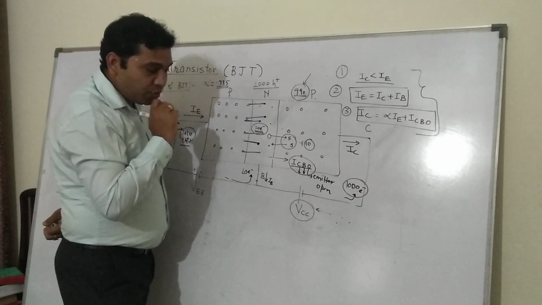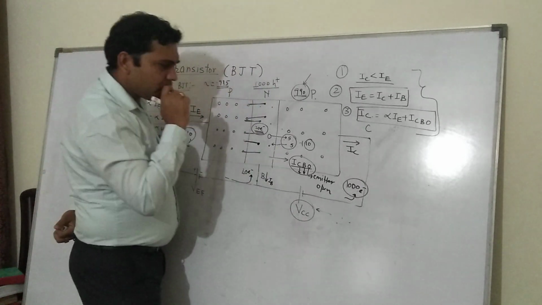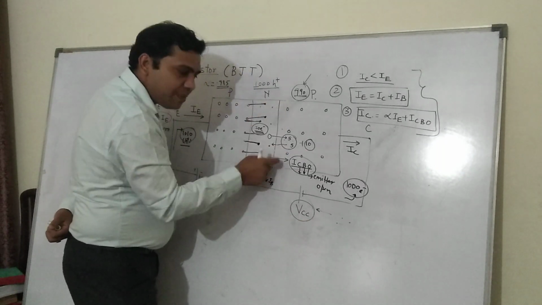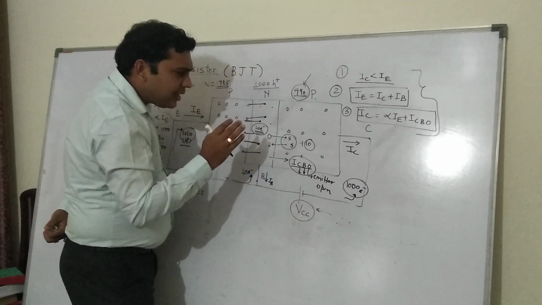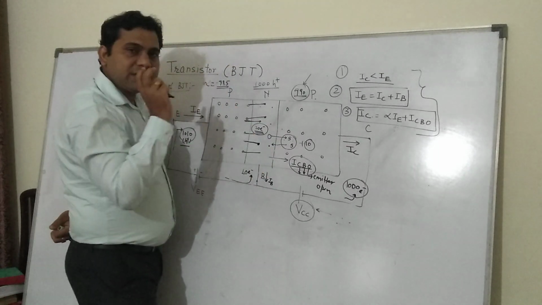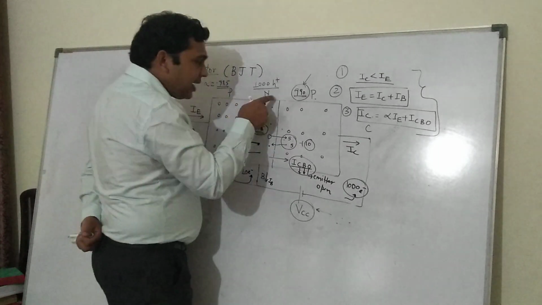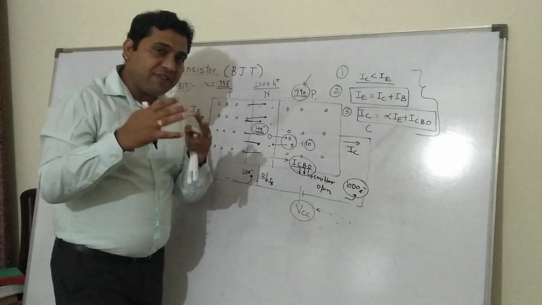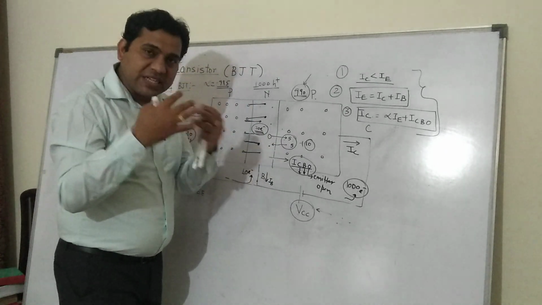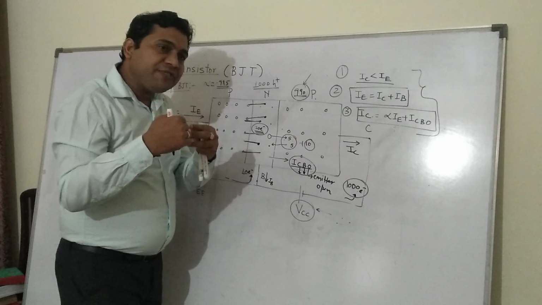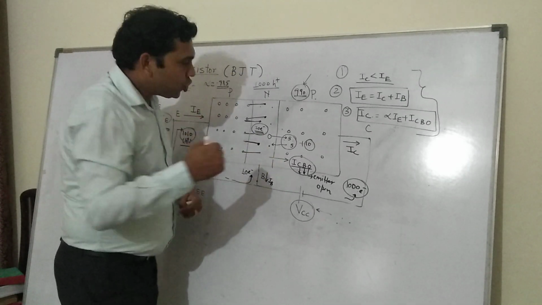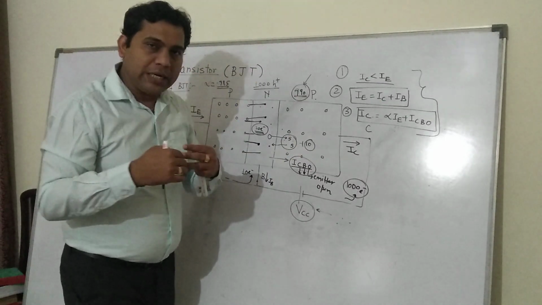What three new things? When you increase this, which is a reverse bias voltage creating a reverse biasing, the first thing is it will increase the depletion region width. And since the N side, the base, is lightly doped, when you have a junction of P and N, the depletion region width extends more into the lightly doped region.